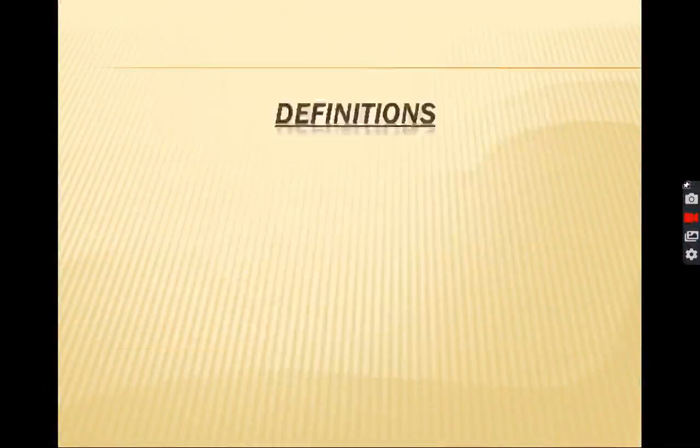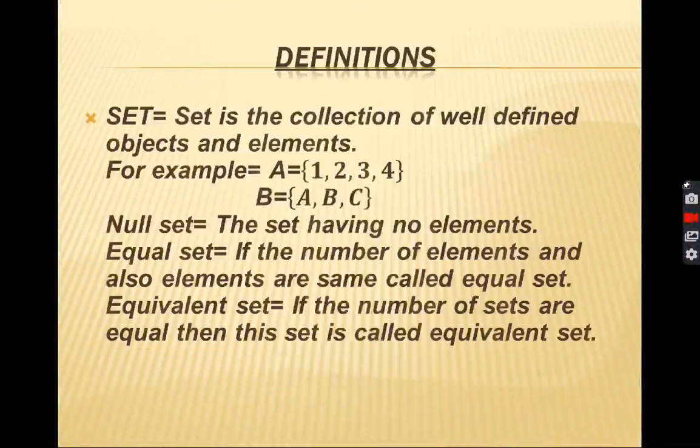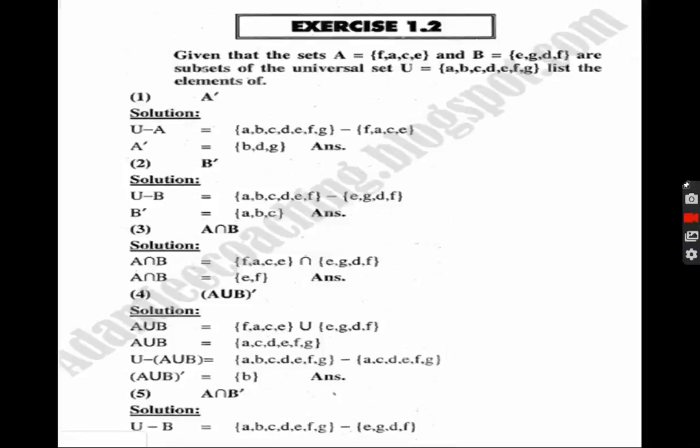से। ये डेफिनेशन भी मैंने पिछले लेक्चर में समझा दी थी। आज हम स्टार्ट करेंगे एक्सरसाइज 1.2। In the exercise 1.2